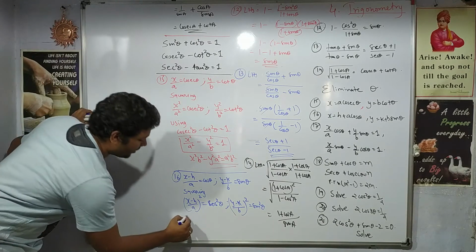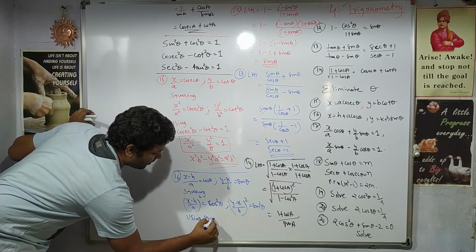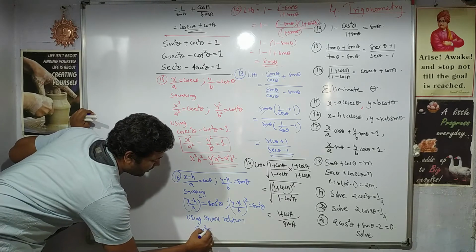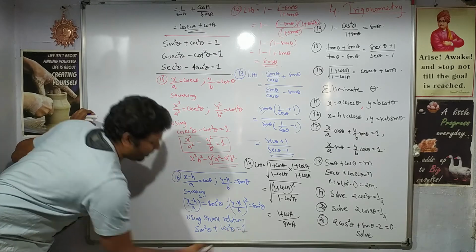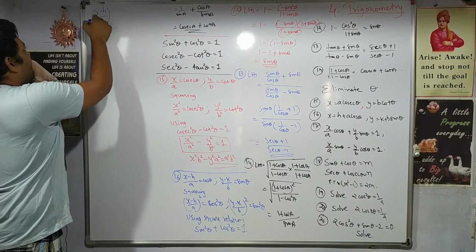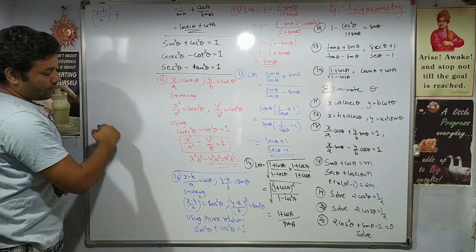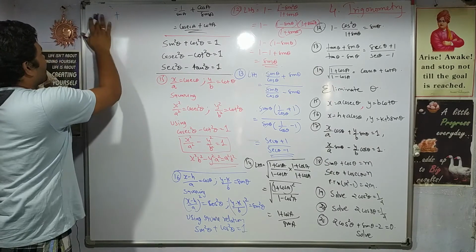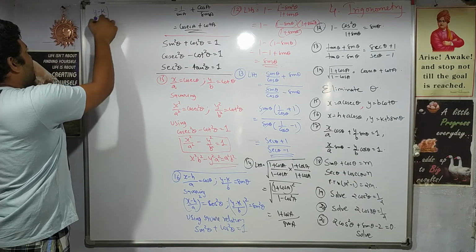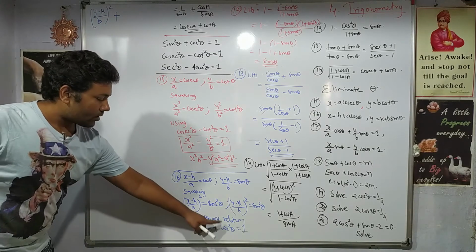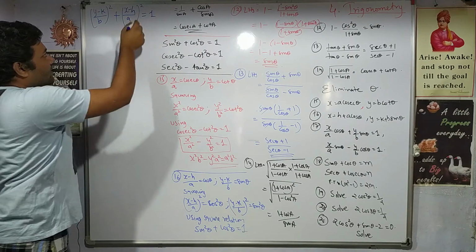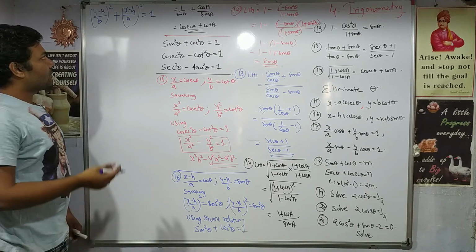Now using the square relation, what is the square relation for sin and cos? The relation is sin square theta plus cos square theta is 1. Substitute the value of sin square theta, ((y minus k) by b) whole square, and cos square theta, it has a value ((x minus h) by a) whole square, that is 1. Again this is the answer, or you can open the brackets and simplify.